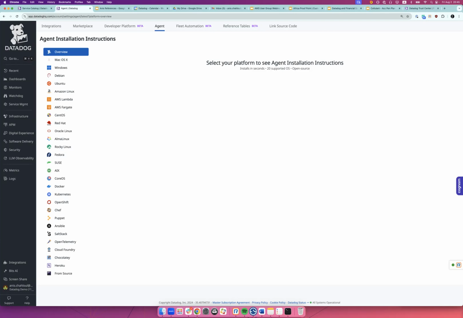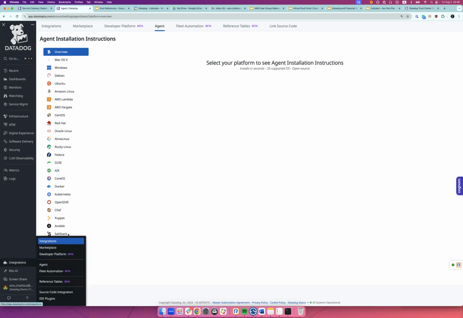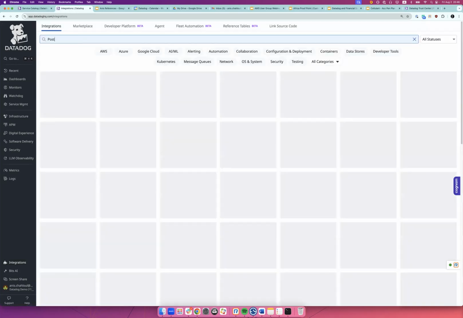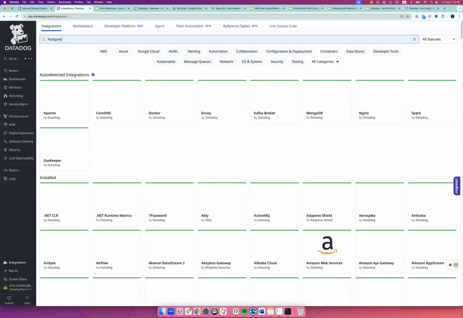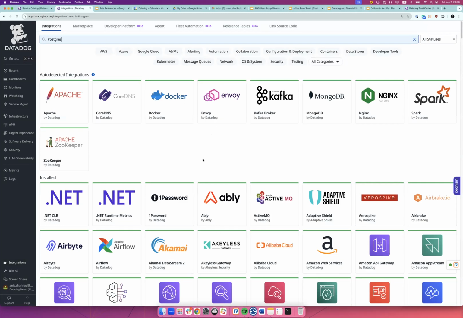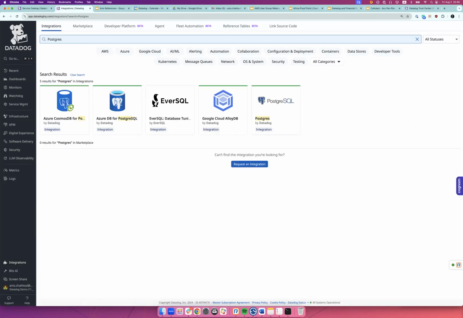and install it within your server, within your VM. We even connect with limited connectivity environments. We know that is a challenge for banks as well. Sometimes there are a couple of really critical aspects of the infrastructure that they don't want to expose. So if you have a database, once you install the integration and change the YAML file, you'll also be able to get the information on your on-premise database. If you want to see the query level insights, you are able to go in there and see query level insights, even of your on-premise databases.